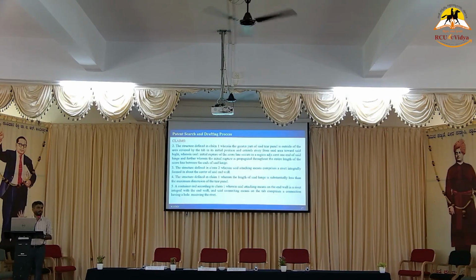That is the final one. That is our scope. Before that, we always recommend the people who are inventing or those who want to protect, you need to do a patent search on your own. So when you do a patent search, you will find a gap. What exactly is the gap? So only for that gap, you need to provide an inventive step and file a patent. Don't think, already it has been protected, and don't think, why do we need to protect. Definitely there will be a scope for improvement. That improvement, you need to see how you can protect and how you can go for a patent.